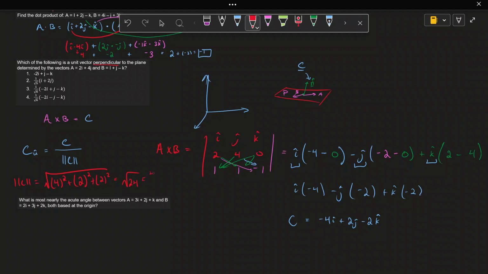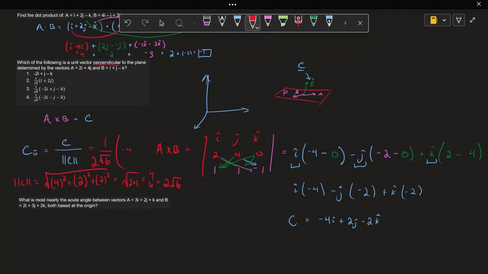This becomes 4 and 6, which is equal to 2 square root 6. So now what we do is we can do 1 over 2 square root of 6 times,